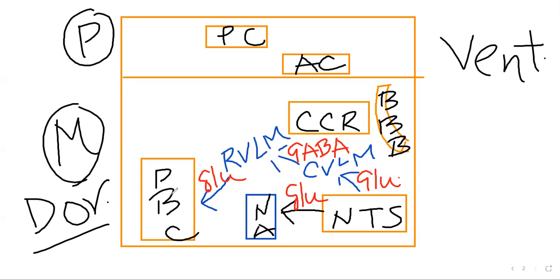complex cannot be stimulated. On the other hand, if there is less release of glutamate due to any reason, the CVLM will be less stimulated, and that will lead to less release of GABA. As GABA is an inhibitory neurotransmitter, due to less concentration of GABA, the RVLM will not be inhibited, or rather it will be disinhibited, or we can say it will be stimulated. And due to the stimulatory effect, it will release more glutamate, and subsequently the pre-Bötzinger complex will be stimulated and more rhythm will be generated.